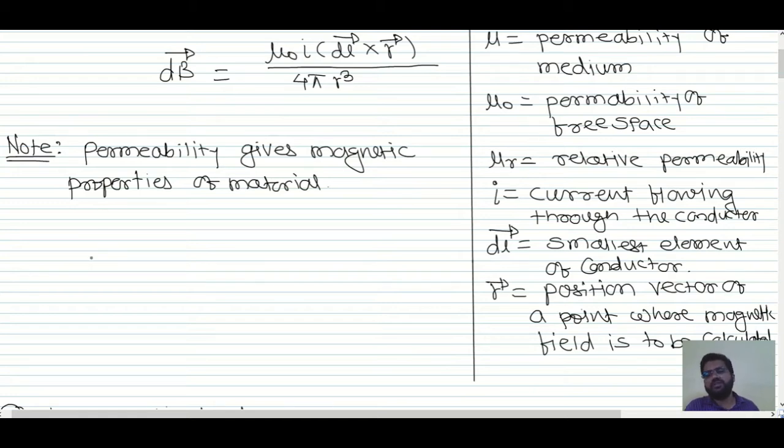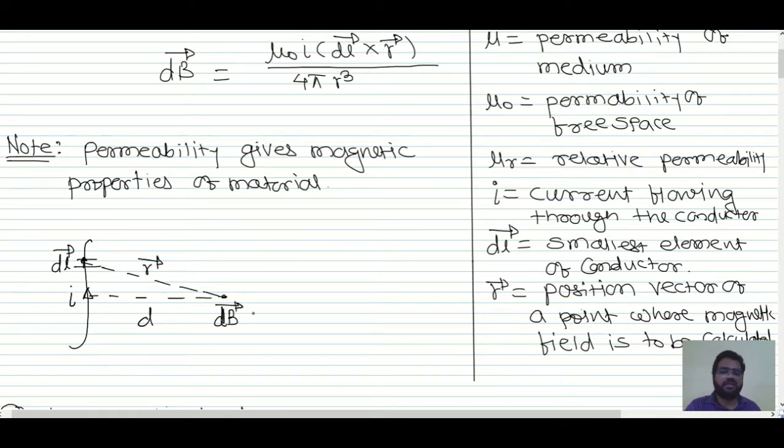So this Biot-Savart law, if we have a current carrying conductor and you want the magnetic field at a point at a distance d from this conductor, what is the magnetic field? So for that you have to consider a very small element dl bar in the direction of the current, and due to this dl bar, what is that smallest magnetic field at a position vector r bar? That dB bar you can write mu naught I dl bar cross r bar divided by 4 pi r cube. So this is the Biot-Savart law, right? Direction and all we'll study later.